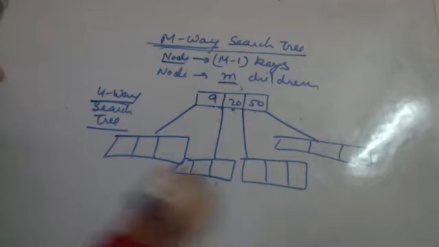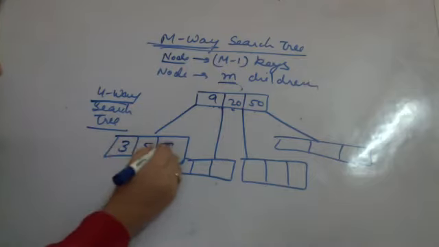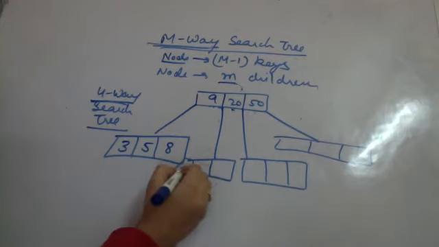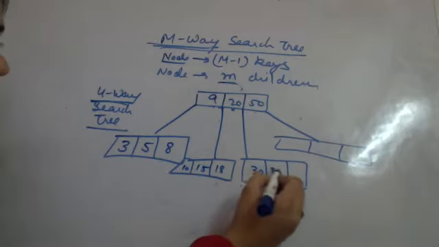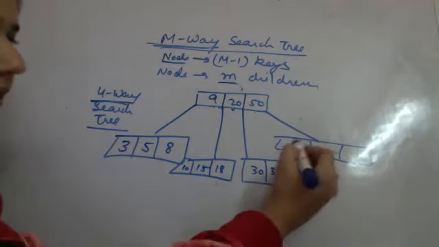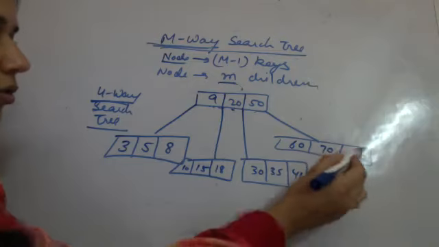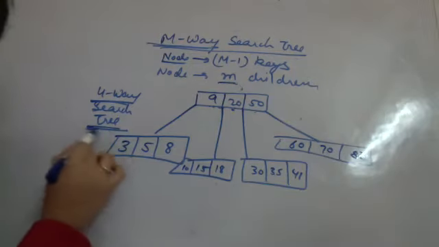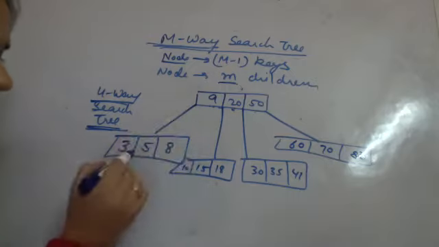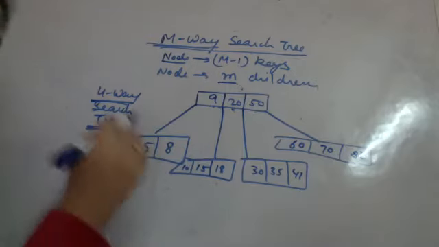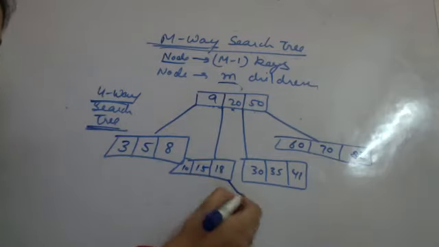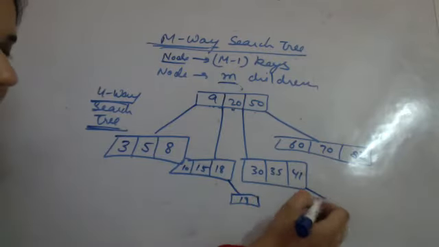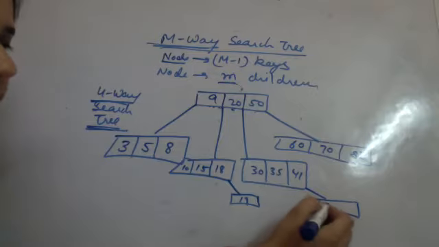So what is happening is, supposedly there are some keys 3, 5 and 8. Now here are some keys, some 10, 15, 18, just taking an example. And there are some keys over here. So this is an example of a 4-way search tree where every node can also have children. It is not necessary that it is always 4. It can have less than 4 children also. It can still have a child having a value, say, 19. It can still have a child here having again 4 or 3 or 2, however many keys.